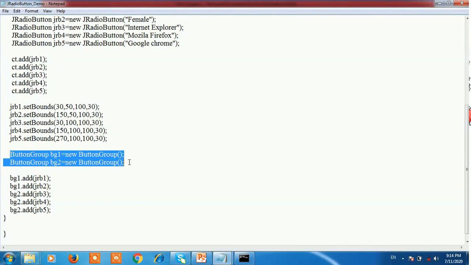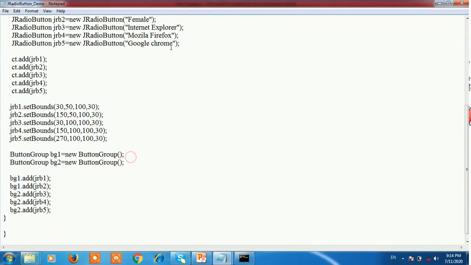We use the 2 button groups, one for gender and the second for Internet access, meaning we use Internet Explorer, Mozilla Firefox and Google Chrome. Then using the ButtonGroup object dot add, add the particular radio buttons into the group.